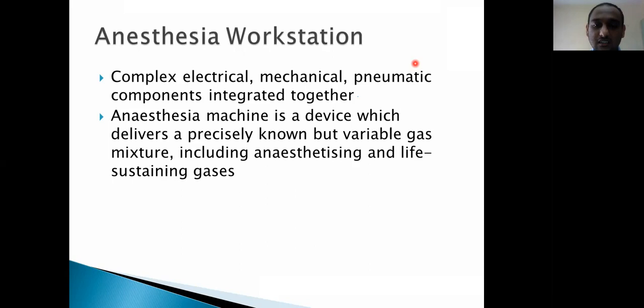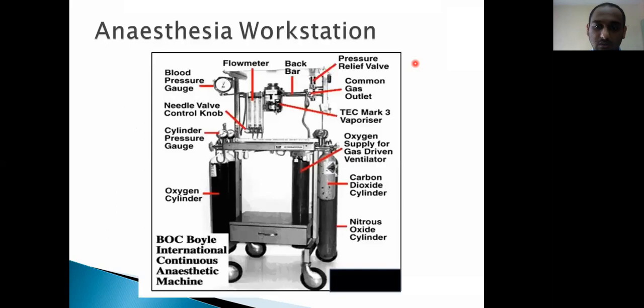So anesthetizing gases would include your nitrous oxide. It is going to include your inhalational agents like halothane, isoflurane, sevoflurane, desflurane, while the life sustaining gases are oxygen and air. Initially, carbon dioxide was also used, as you can see in this particular image, where a carbon dioxide